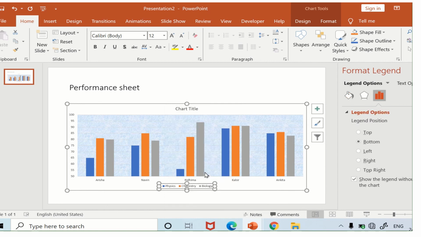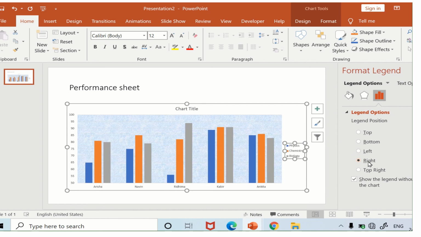As soon as you click on Format Legend, you will be able to see this dialog box, and you want it on the right side. So you have to just click on Right, and you can see this is the legend box, and it has come to the right of your chart. So we can change the position of the legend. This is called the legend. Choose the radio button, right? You have seen that we have done this, and then press Ctrl+S to save the file.